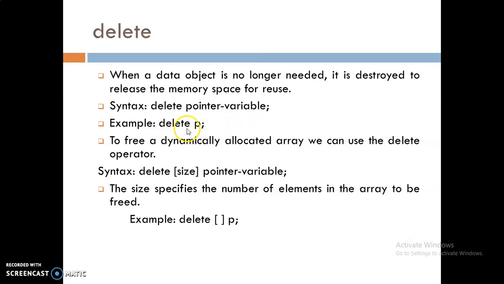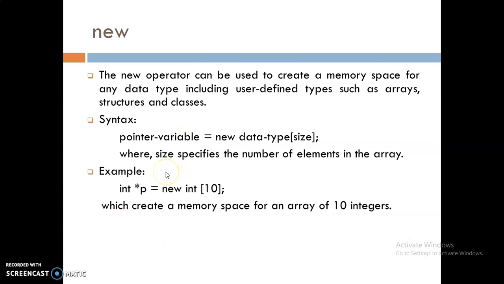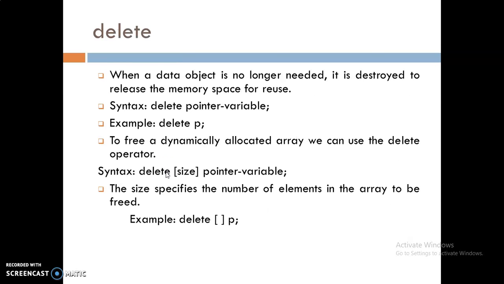Here I have already declared the variable P by using new. Now this pointer variable is not being used in the program, so its reference is not there. So we will try to delete it. But how will we delete that? By using the delete unary operator, you can delete the variable as it is no longer being used in the program.